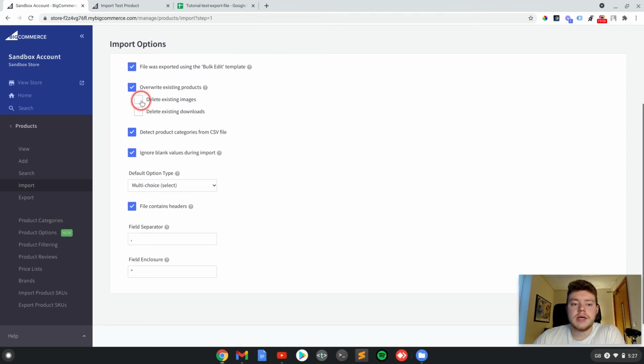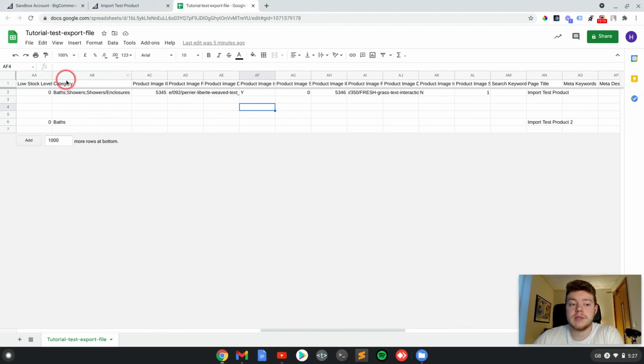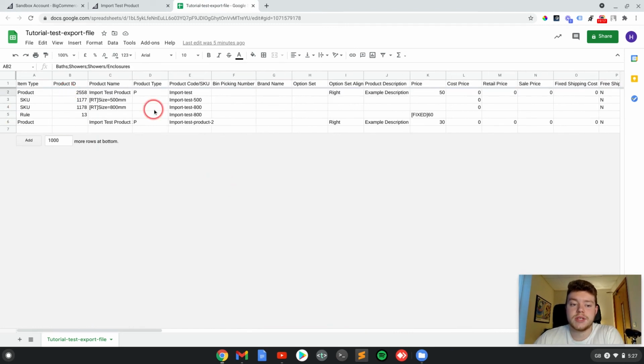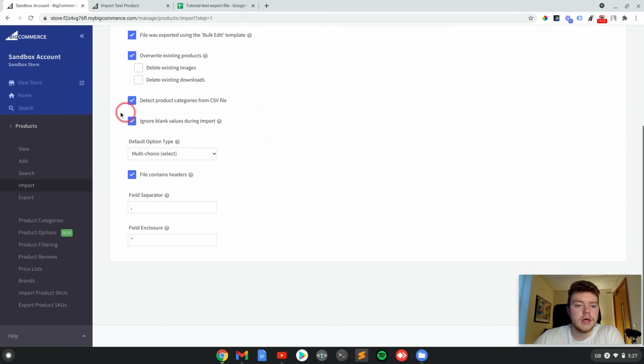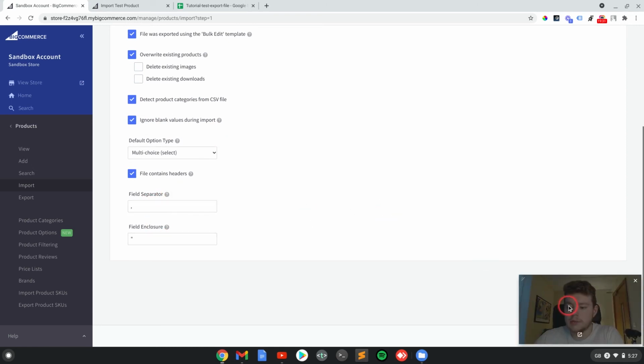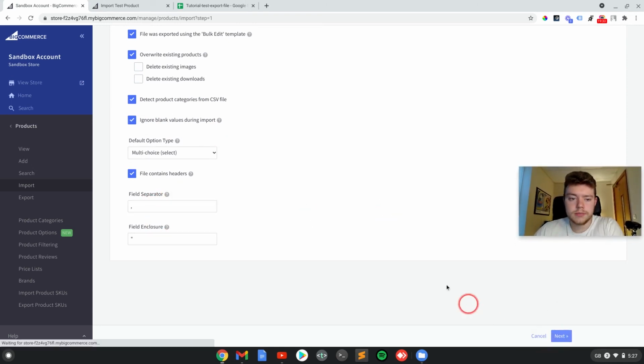So if we don't tick this delete existing images, then the products will be uploaded with no images on, but any products that were exported already and already have images in, such as this product here, by unticking this, those product images won't be affected. So we'll keep this box the same, and these two the same as well. So if we go to the next page,